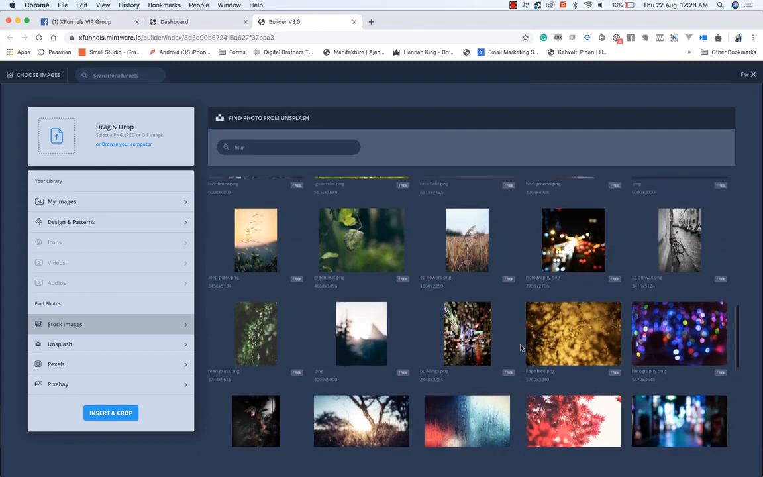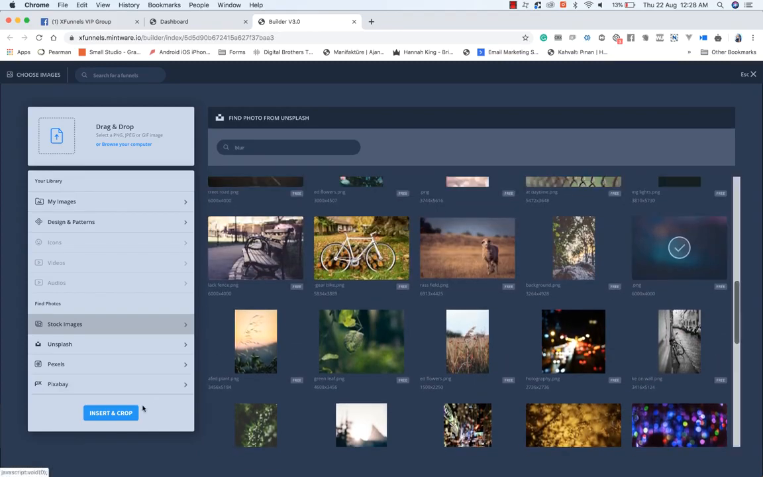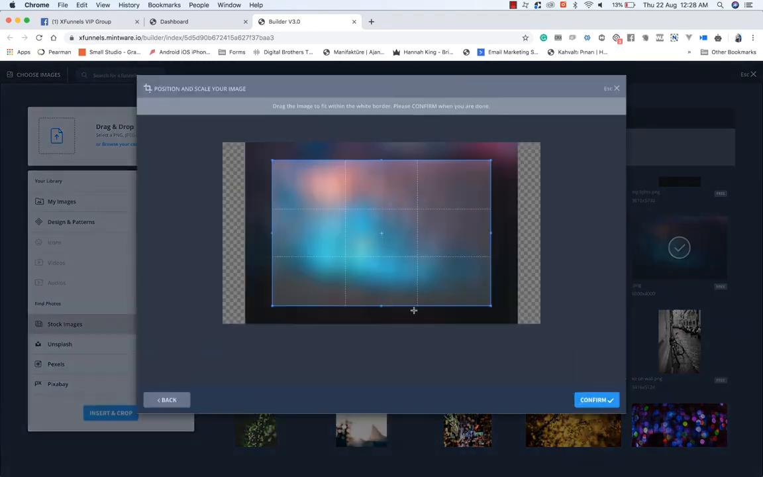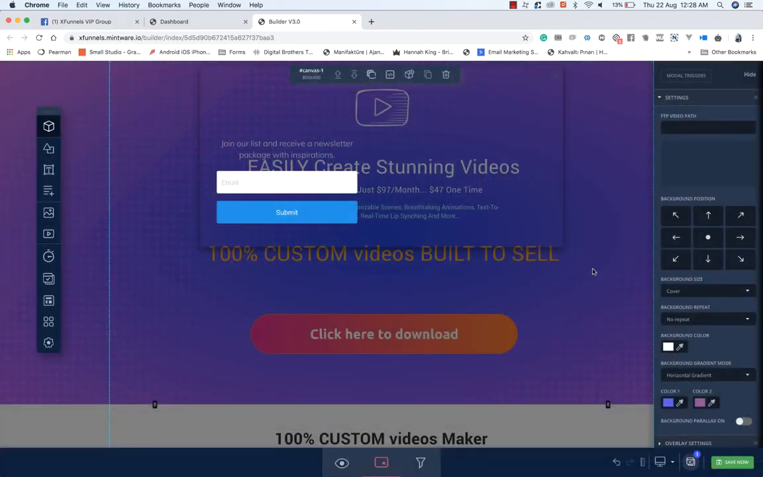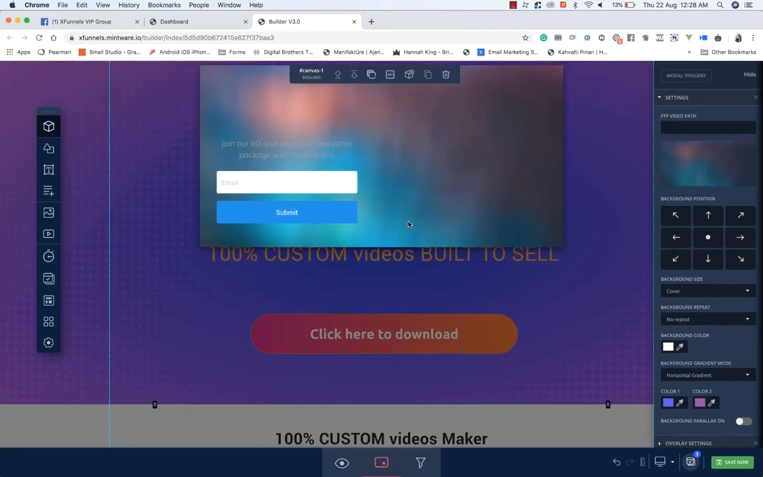Okay, we can use this one. Click on insert and crop. We can just crop it from here, and now you see the background image has been placed all over the pop-up. Okay, now if you don't like this, if you want to have your own video,